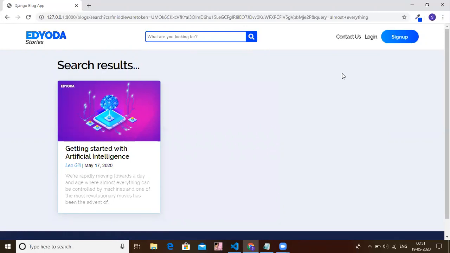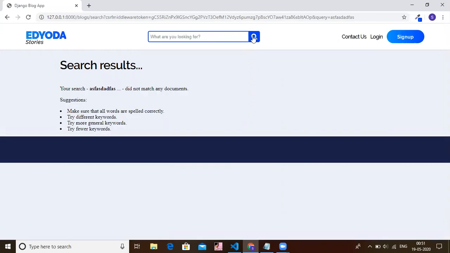Now let's say the user searches for a query for which we have no post. In that case, this message will be displayed that says your search did not match any documents.